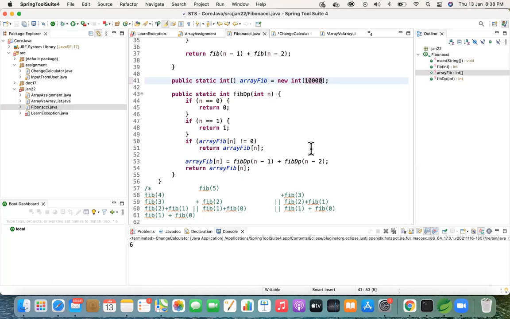So it's always better to have some average range of values when attempting programming practice. It's always better to look at the test cases too, because they might have Fibonacci of 5, Fibonacci of 100, and suddenly Fibonacci of 10,000. In that case, your array will not be able to hold those values since your array size is less than that. Only then might you need to consider it. But if your problem statement really requires a huge value, you can go with the higher value. Otherwise, you can go with the limited one.